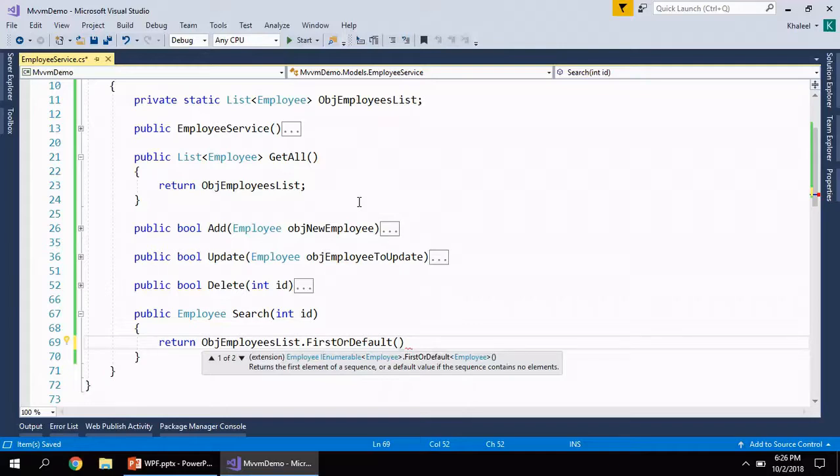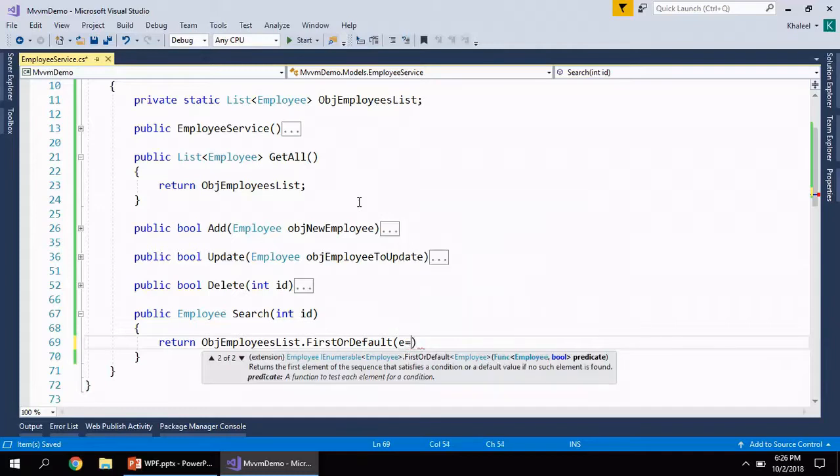In case multiple elements are present, then it returns the first one, and in case the list is empty, then it returns the default value for the item that we are searching. The default value for Employee, which is a reference type, is going to be null. If the employee is present, it returns the employee. In case the employee is not present, then it will return back null.